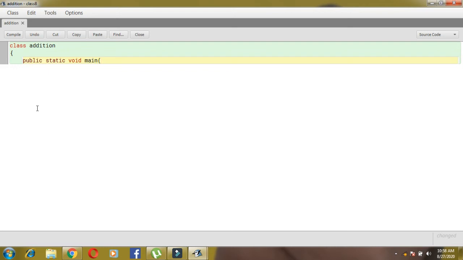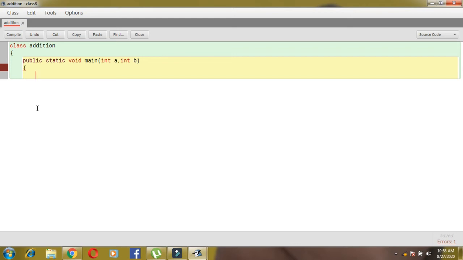Then you have to use the bracket, and for addition of two numbers, the input is what? Two numbers you have to ask from the user, then only you are going to perform the calculation. So int space a is the first number, comma, int b the second number, then the bracket is closed. Then we'll press enter key, again curly bracket starts. Okay, now see public static void main, int a comma int b.